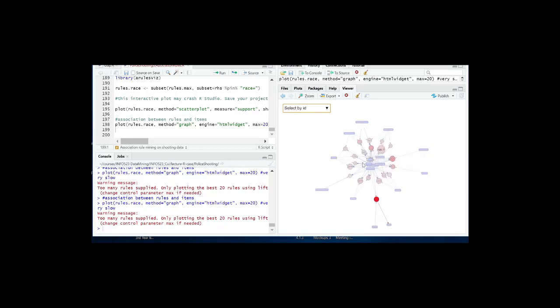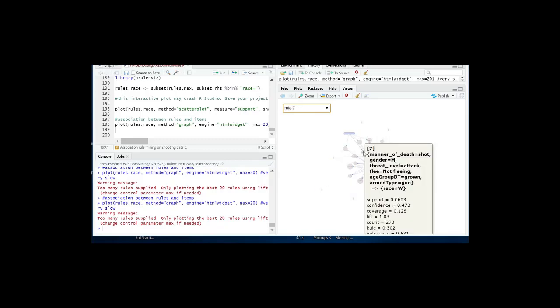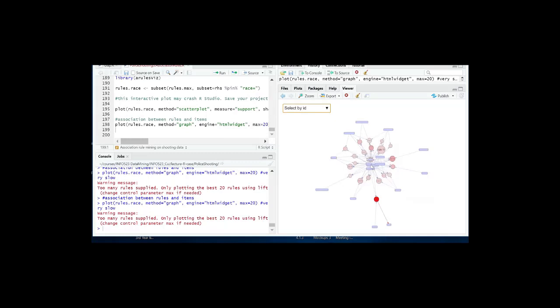In this case, because my screen is kind of, I think the default measure used is lift. So this color maybe indicates the lift score.